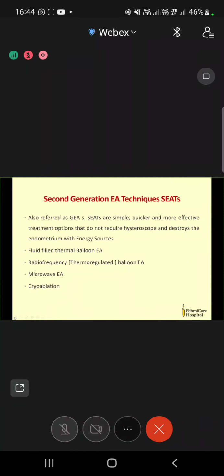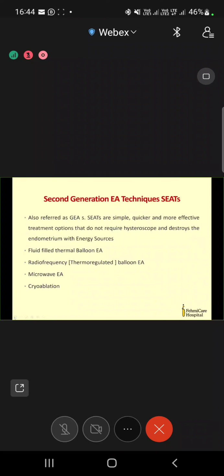Because when the fluid is getting pumped at a high pressure, if it exceeds 100, all the bleeders will look as if they are not bleeding. Instantaneously, the bleeding stops. You may be under the false impression that there are no spurters, but when you reduce the flow, once it gets reduced below 60, all the spurters will start bleeding. So the message to my young students: reduce the pressure, see the spurters, coagulate, secure good hemostasis, then only